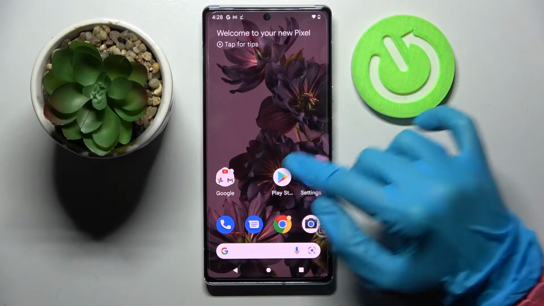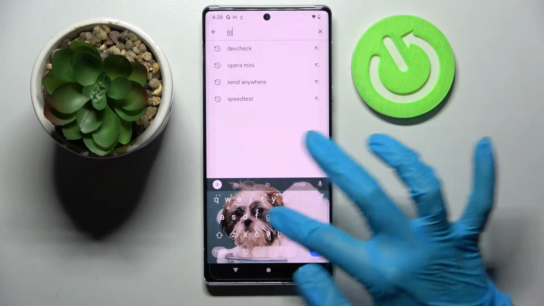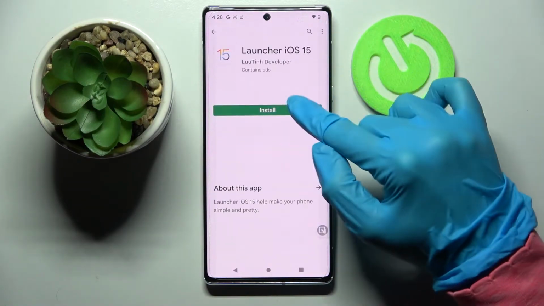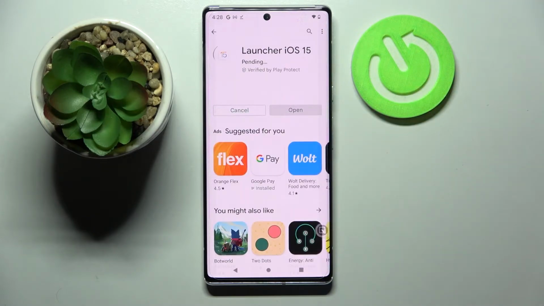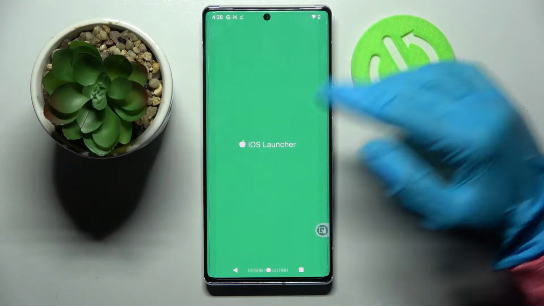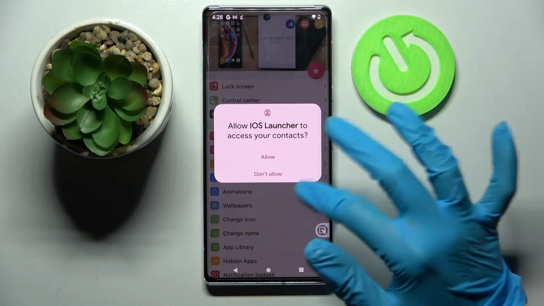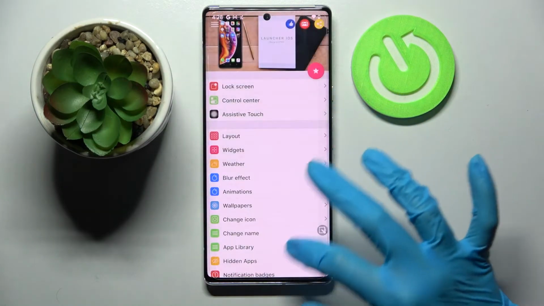Firstly, go into Play Store and click on the search bar. Now you need to type in iOS Launcher and install this free app from this developer. Following that, choose Open. Now you need to wait for the pop-ups to show up, and when they do, select where you're using the app and allow. Finally, you can click Home button